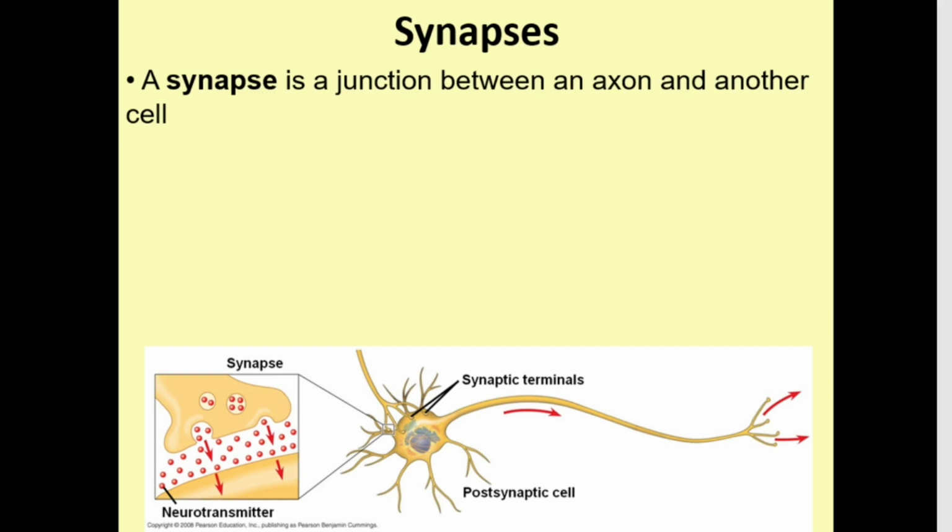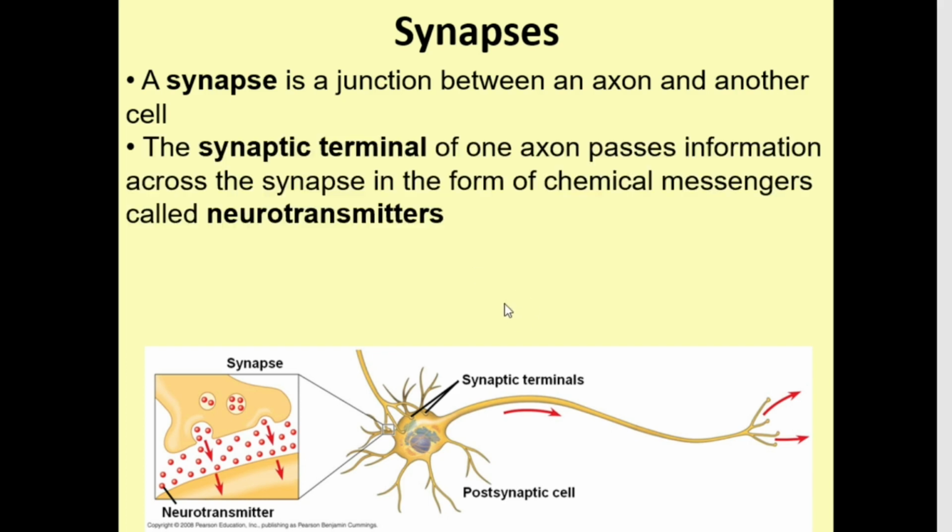A synapse is a junction between an axon and another cell. We established that earlier on. So the presynaptic neuron is delivering information to the synapse, and then you'll have the postsynaptic cell, which will be another neuron. It will be a muscle cell or an endocrine gland, typically. And interestingly,